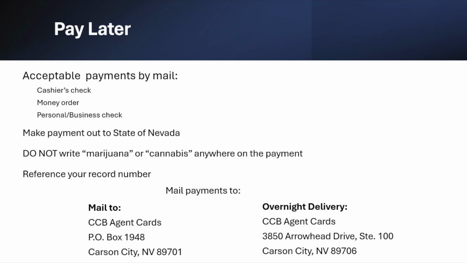Address your payments to CCB agent cards mailed to P.O. Box 1948, Carson City, Nevada 89701. For expedited payments, mail to 3850 Arrowhead Drive, Suite 100, Carson City, Nevada 89706. Both of these addresses can be found on the contact page at